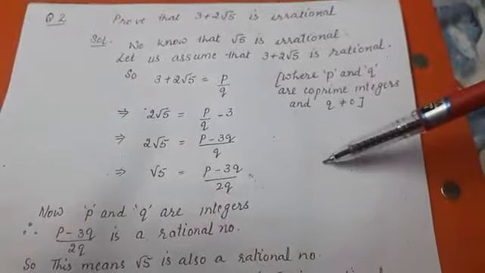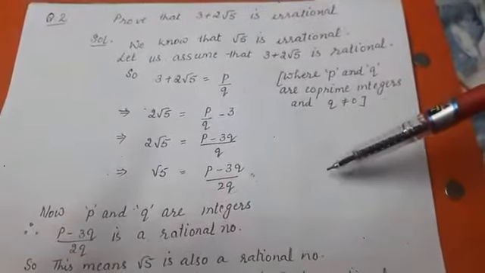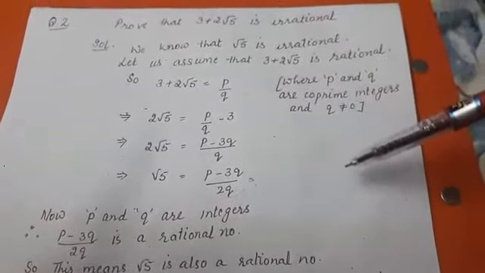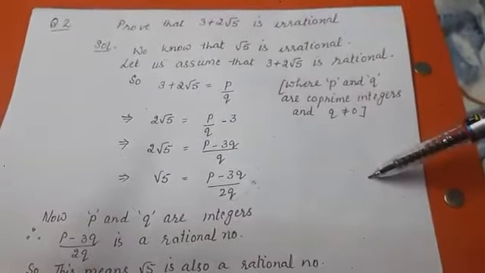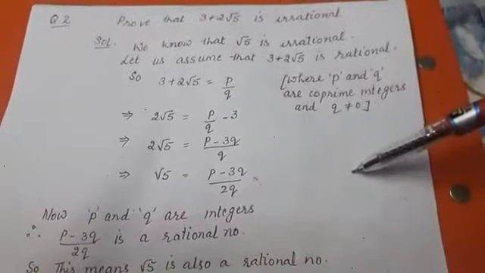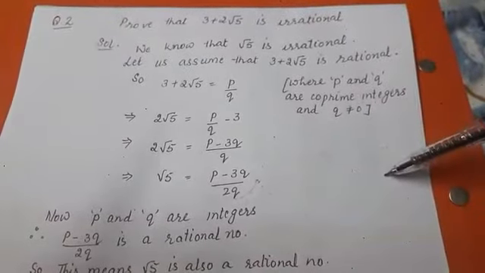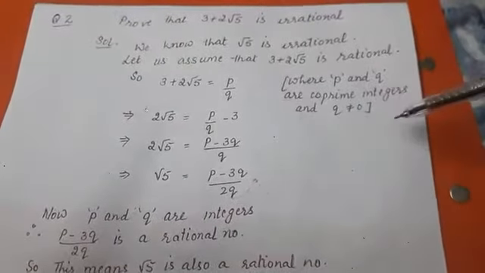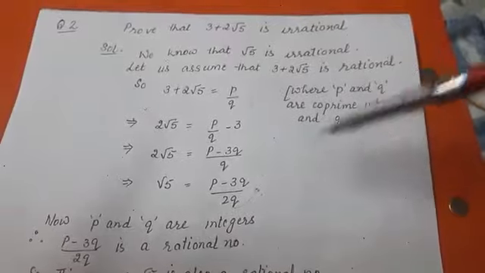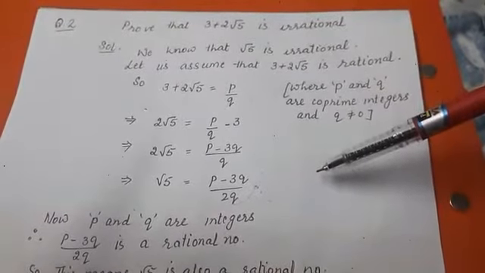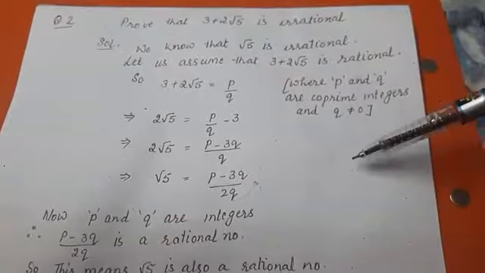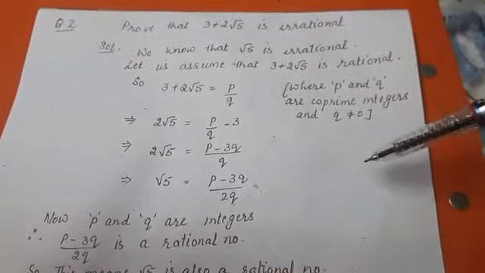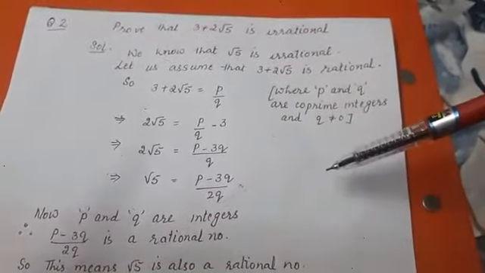If we talk about the next operation, subtraction, that is also closed. When you subtract two integers, you get an integer. For example, again, 2 minus 3 is equal to minus 1. That is also an integer. 2 is an integer, 3 is an integer, minus 1 is also an integer. Similarly, multiplication is also closed. 2 multiplied by 3, you get 6. When you multiply two integers, you always get an integer. You can think of other examples also.